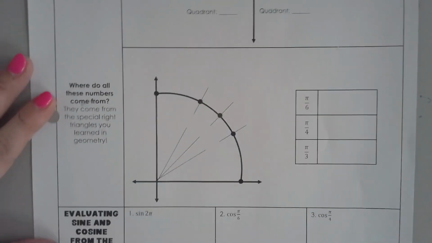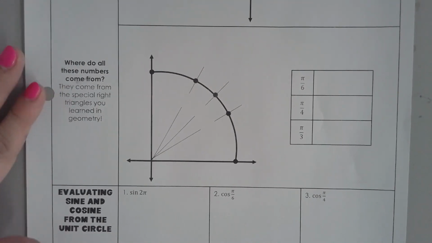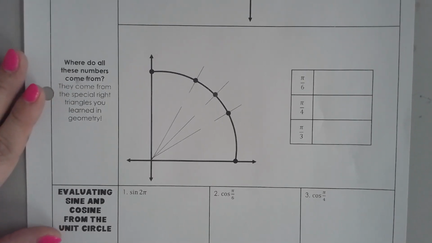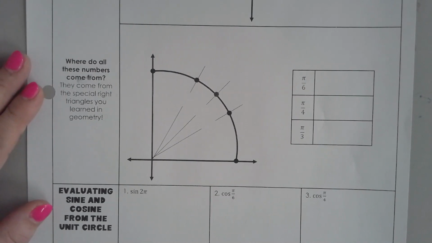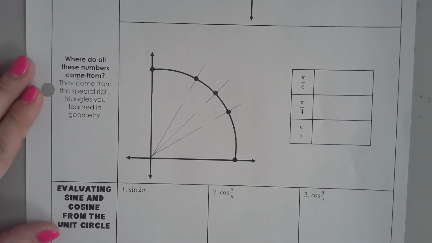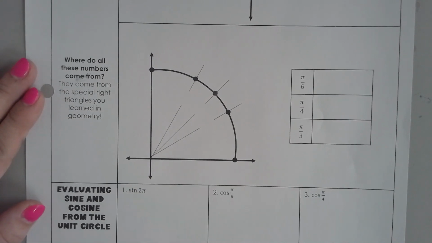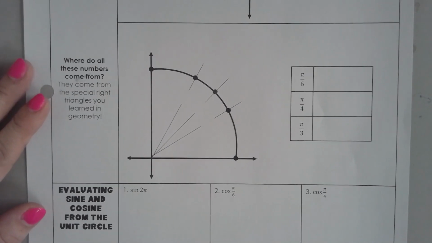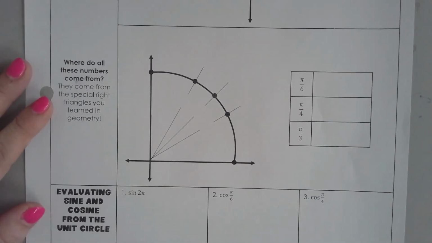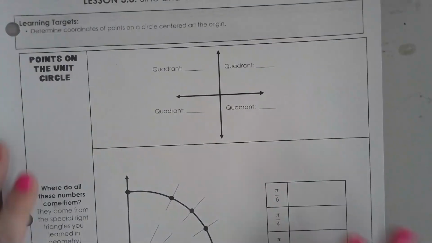There is a lot of background information that, if we had an extended amount of time, we would go in and figure out, but it all comes down to the special right triangles that you learned about in geometry. You learned about 45, 45, 90 and 30, 60, 90 triangles, and did some Pythagorean theorem with those. We just can't do all of that background build up because we don't have time for it. All right, but in a coordinate plane,